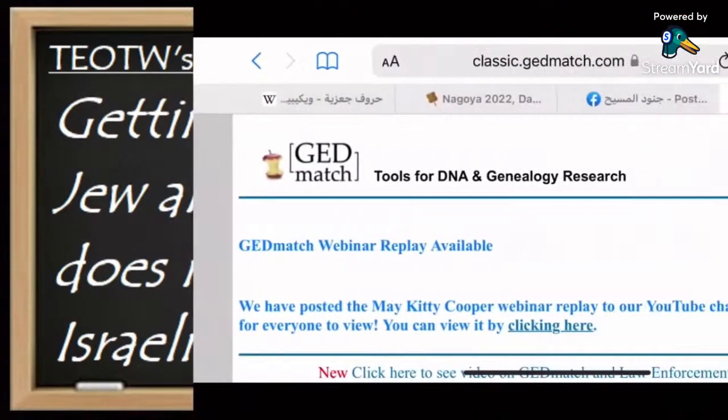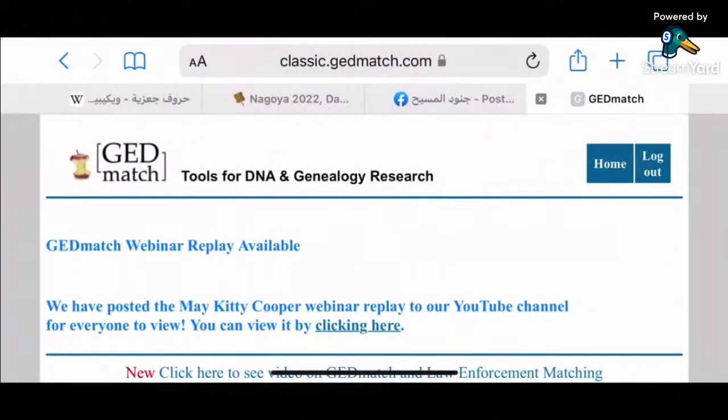So this is the classic interface for GEDmatch.com, and you can see the URL at the top of the screen, Classic.GEDmatch.com. GEDmatch has its own wikis, its own sort of Wikipedia, and I want to show you how to access GEDmatch's own wiki on their admixture calculators, which discusses Oracle as well. Unfortunately, I cannot link directly to the relevant wiki entry, and that's because the link apparently won't work if you're not logged in. But if you are logged in, this is what you do.